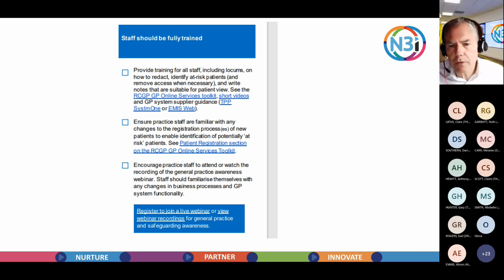Ensure staff are familiar with any changes to the registration processes of new patients, and how to identify potentially at-risk patients. This comes under that bit I was talking about before around patients transferring. As I understand it at the moment, if a patient hasn't been granted access at a practice for a good reason, that they've worked through it, and for this reason it's not suitable for you to have online access, when that patient transfers to a new practice, it's not clear how much of that historical information they would see to be able to make that decision,